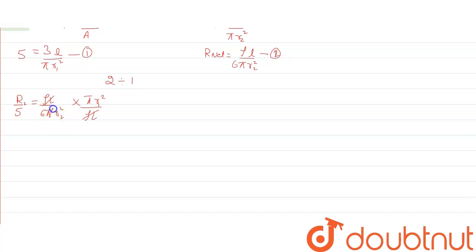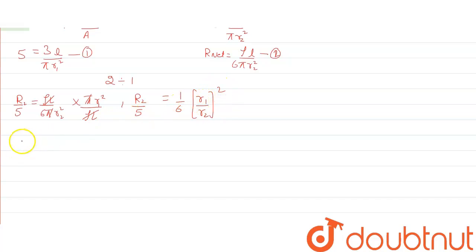Similarly pi and pi will cancel out with each other. So all in all we will have R2 by 5 equal to 1 upon 6 into r1 upon r2 whole square,